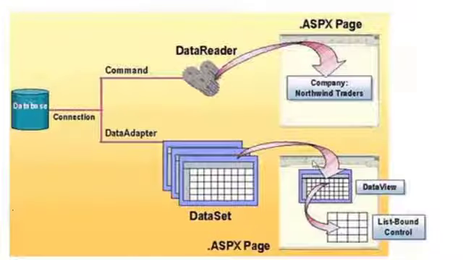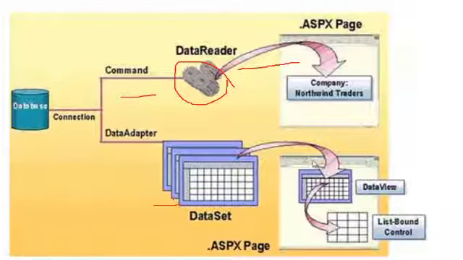This is the final structure: connection, command, data reader, and runtime type of entity, and dataset. It is virtual tables, like a data table, just like a small database. And this is the main view. Mostly it is used in ASP.NET, that means web applications.